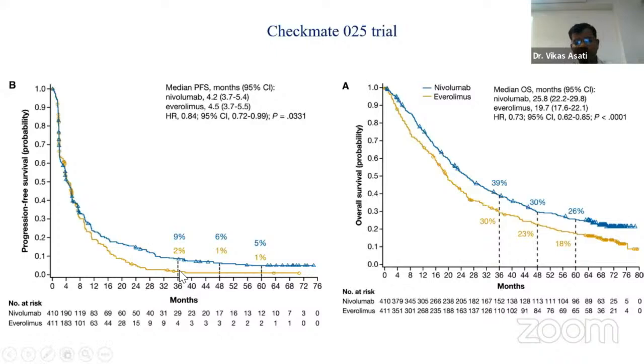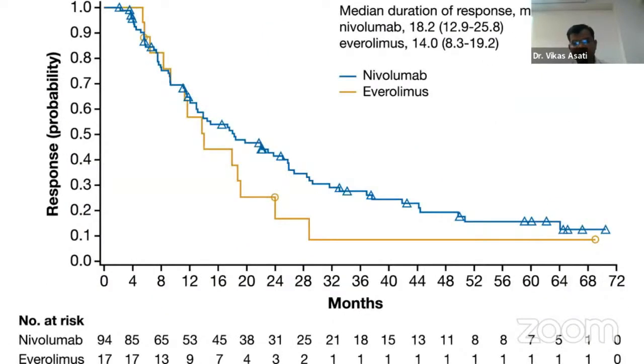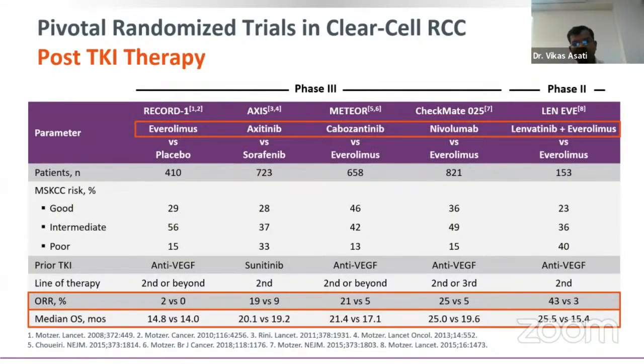This is slightly more mature data, the 5-year data. We can see the PFS p-value might not be significant, but when we see the overall survival, I think beyond doubt nivolumab is much better than everolimus. And we can see in the tail of the curve that the patients who respond, respond for a longer duration of time. So this is the tabulation of all the trials that we discussed for everolimus, axitinib, cabozantinib, nivolumab, and